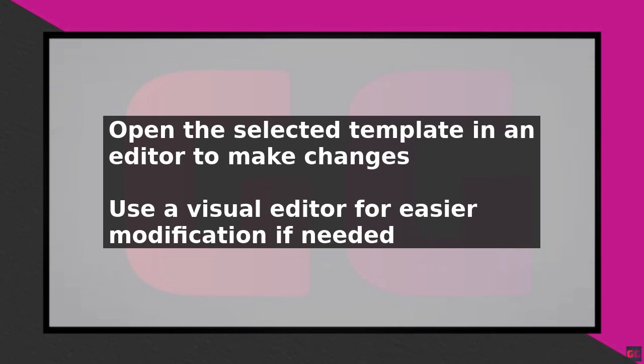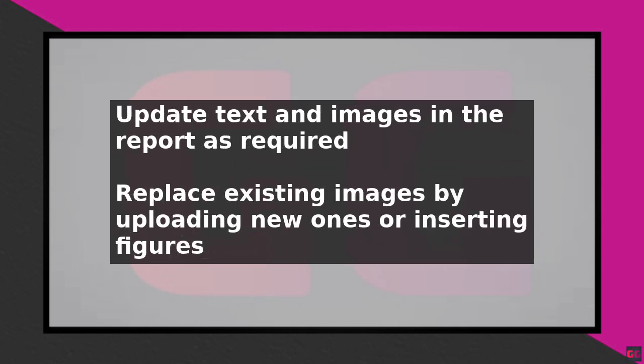Once you've selected a template, you can open it in an editor and make changes to suit your requirements. If you're not familiar with LaTeX editors, you can switch to a visual editor, which makes it easier to modify the report. To make changes, simply look for the text you want to modify, such as the university name, and update it accordingly. You can also change images by clicking on the existing image, deleting it, and uploading a new